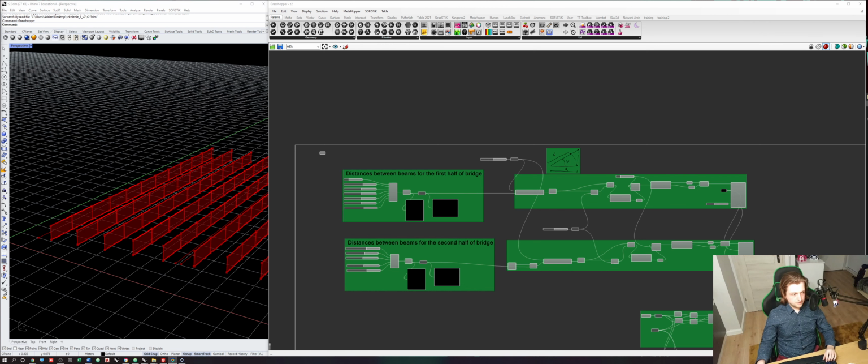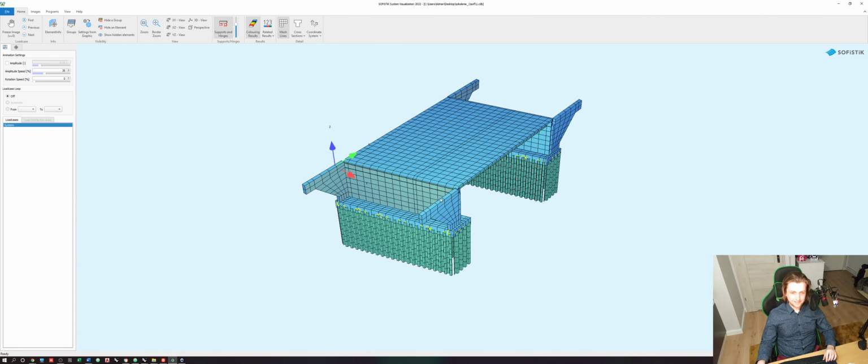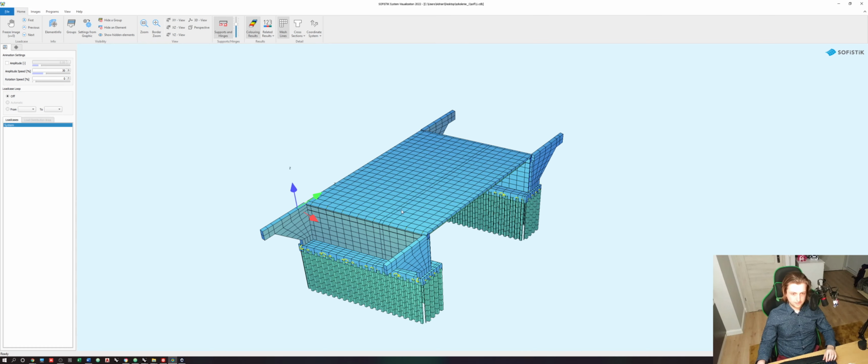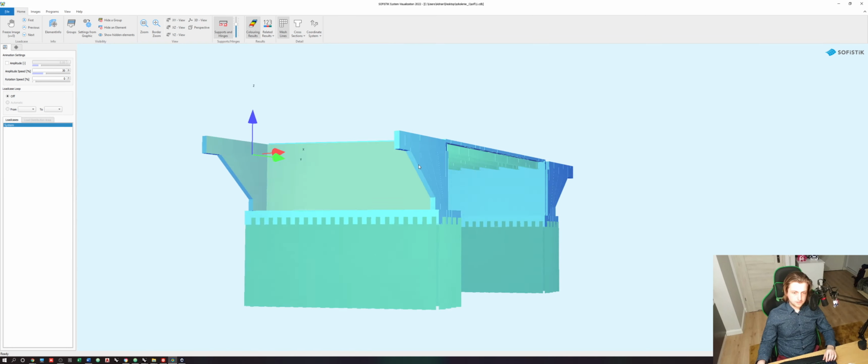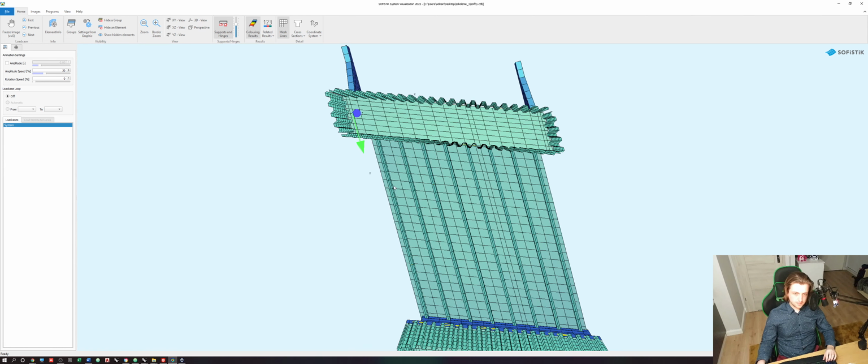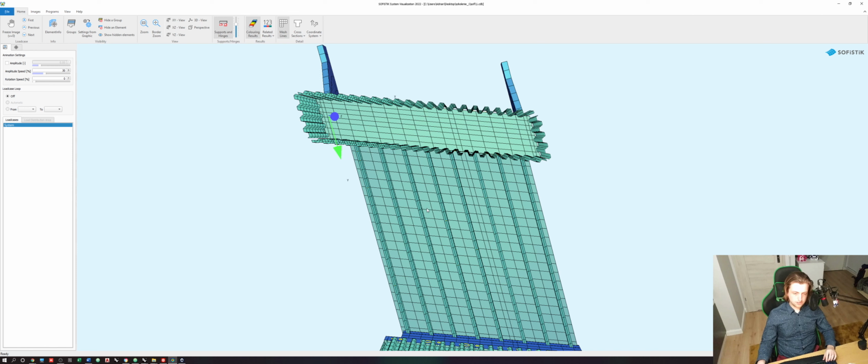Looking at the target model, it should look like that in the future. We can see that we have steel beams right here, which we have already created, and also we have our concrete elements in between. We want to have full control of the division in the perpendicular and the bridge direction. So for example, here we want to have 2 elements, sometimes maybe 3 elements, 4 elements. It depends on our mood and our needs. Also here